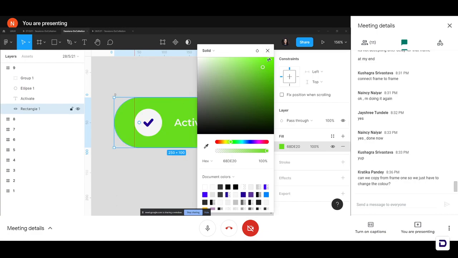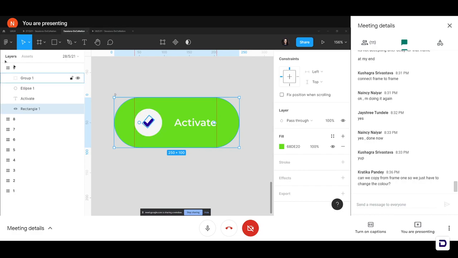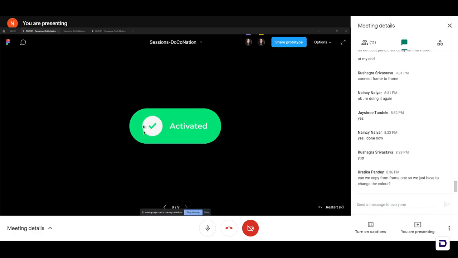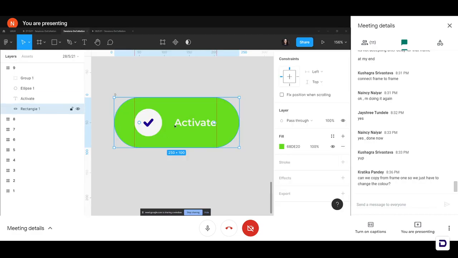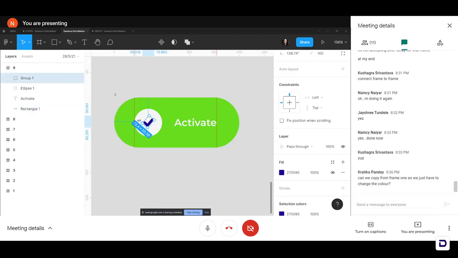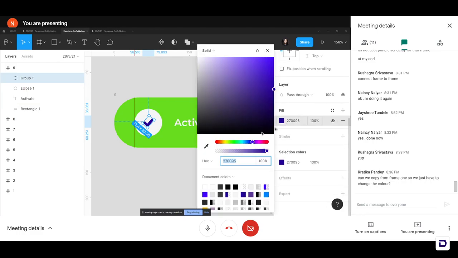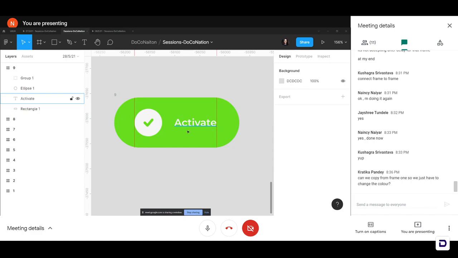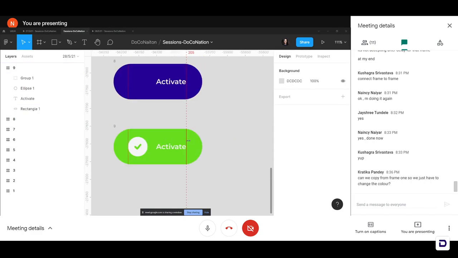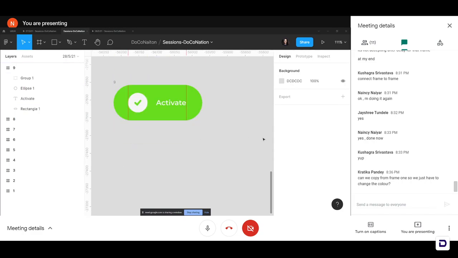And after I'm done with that, I will close this and also change the color of my tick mark. So in the final animation, you can see the tick mark is also the same color. So let me change that as well. I will select my center group 1. That is my little tick mark. I will head over to my properties panel and click on this little box beside fill, and I'll use my color picker to get the color of the background. So I'll select this and come back here. Okay, so once we're done with that, I think